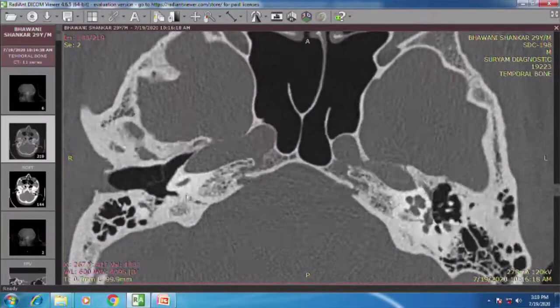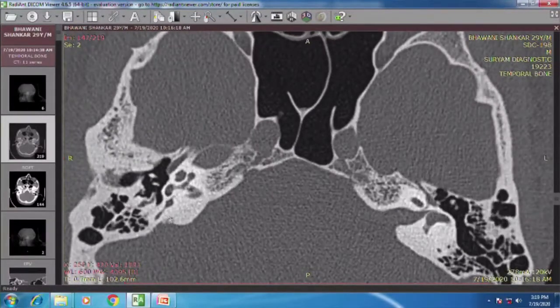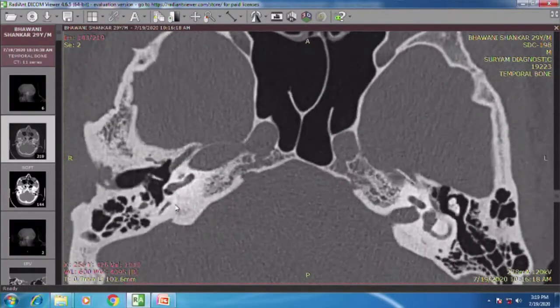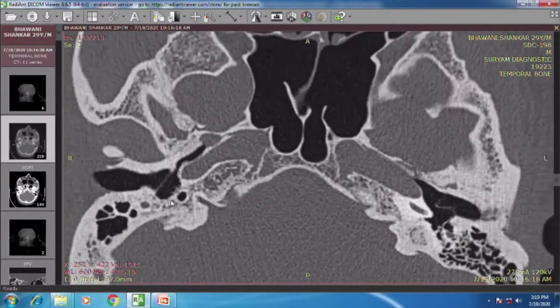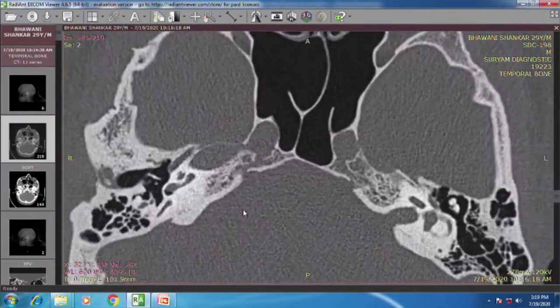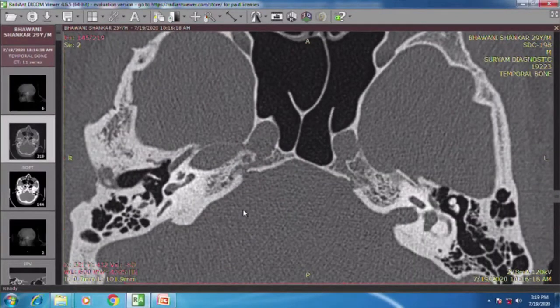the jugular bulb. See, as I go down, this is the round window. We don't see any jugular bulb at this level. As we go down, this is round window level. As we go down, now the jugular bulb is coming. So it is far below. So as far as the anatomy is concerned or any surprise diagnosis, I don't think it should create a major problem. Now rest of the thing, let's explore.